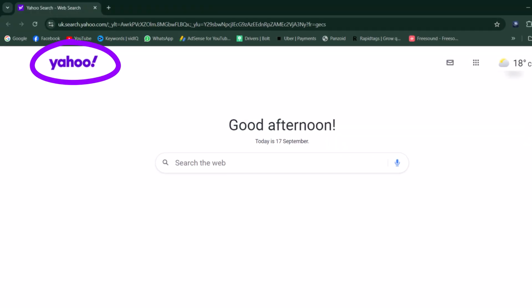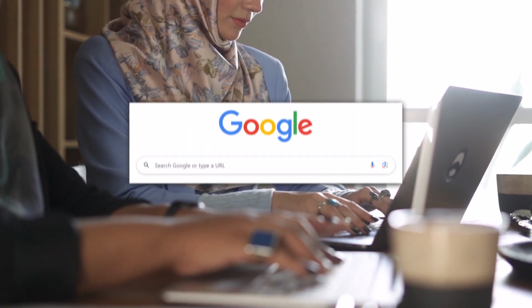How to remove Yahoo search from Chrome. You can do that pretty quick in just a few simple steps if you want to change your default search engine